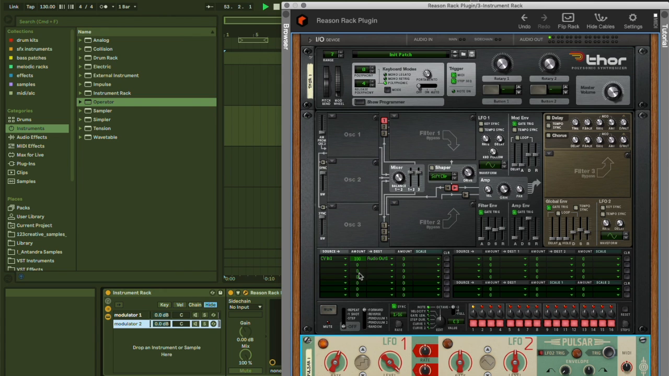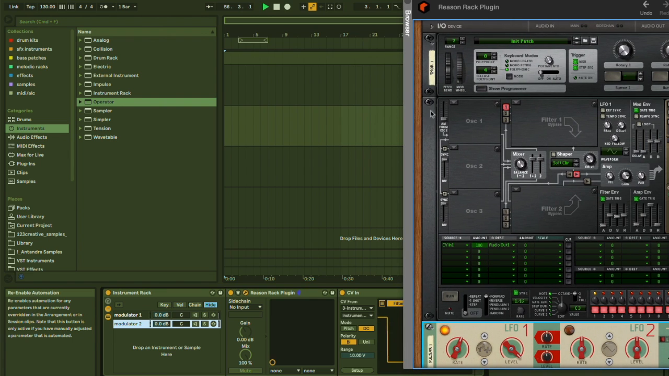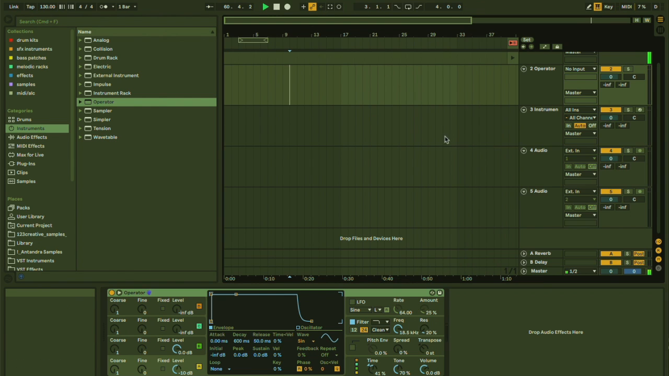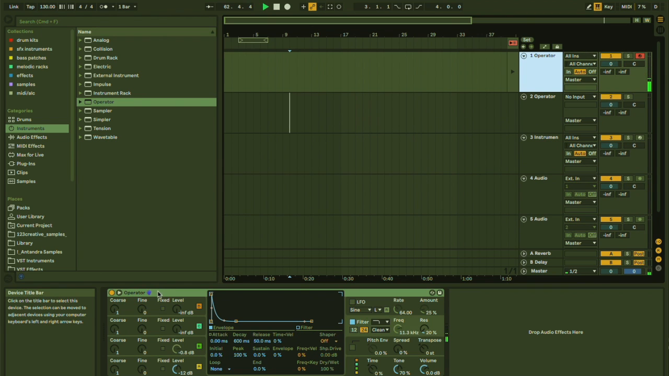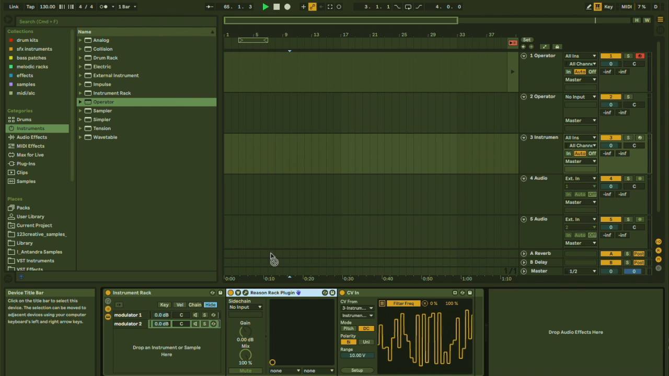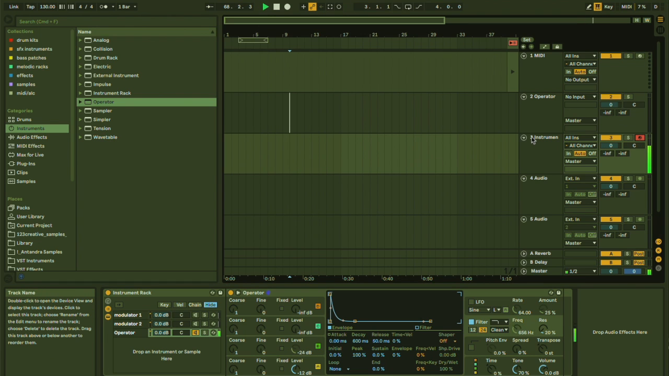I can put this on, say, a random effect. The nice thing is these don't have to be on different tracks. I could actually drag this right over here into the instrument rack. And now if I play it on this track,